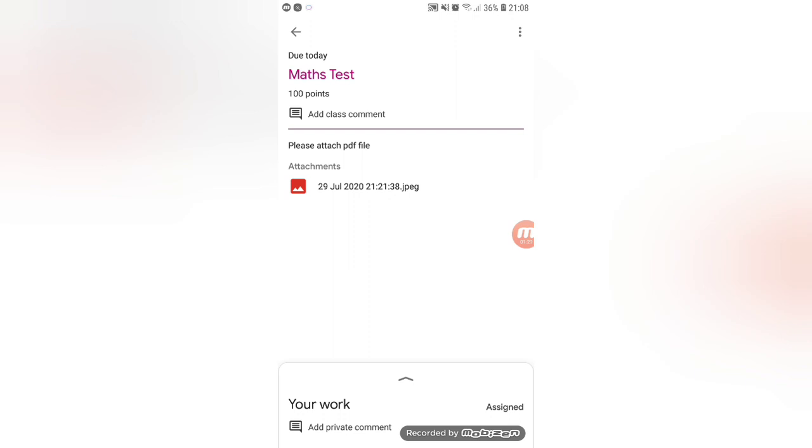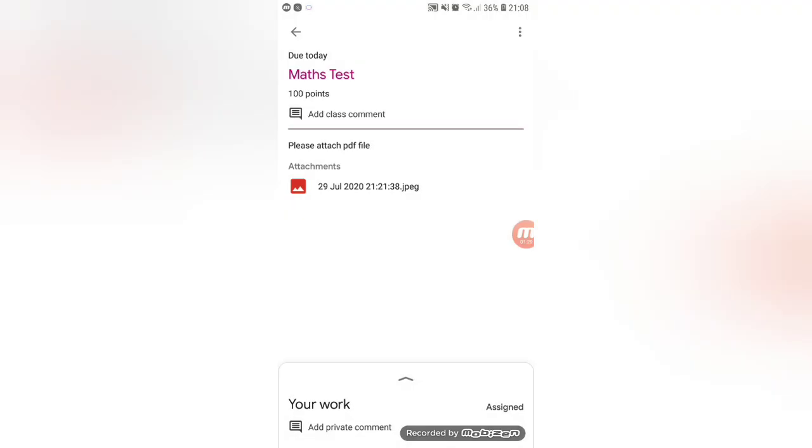So I will open the attachment and see the question paper that she has given to me. I can also print the question paper and then start attempting it in my answer notebook, or I can clearly see the questions on the mobile screen and start doing the paper. So I have seen the questions and now I have done them also.